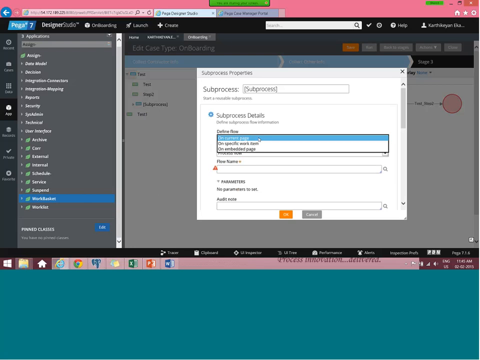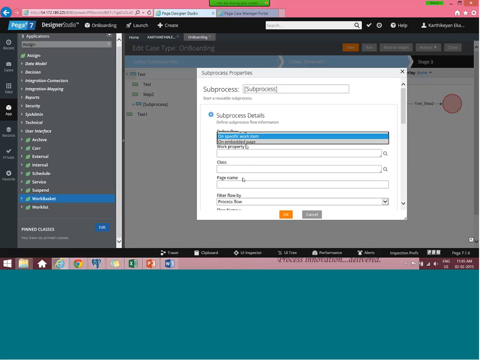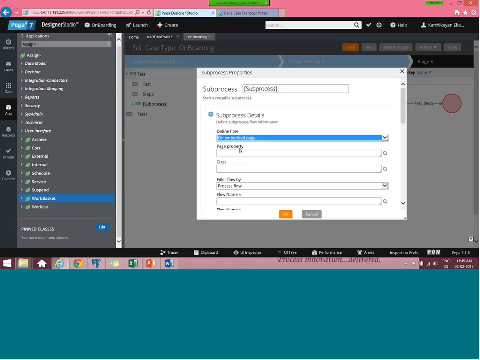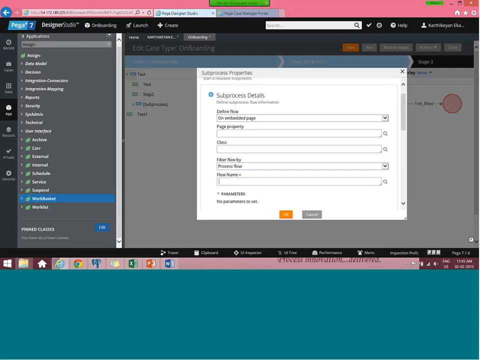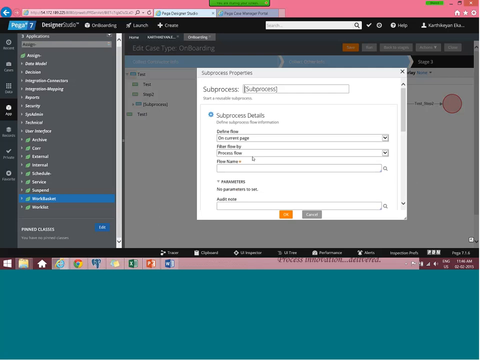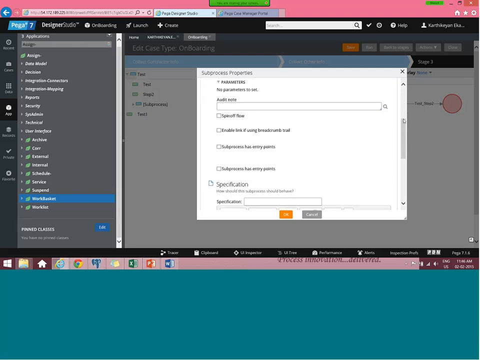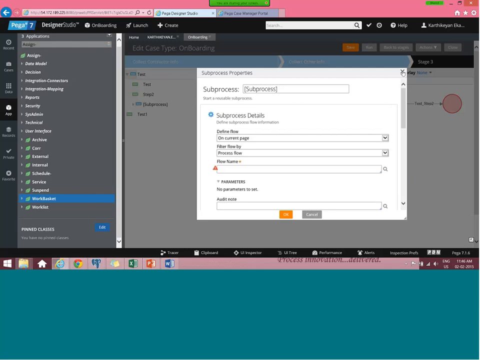On current page, on specific work item, you have to mention the work item property and class. Or if you are using an embedded page, you have to give the page property and the flow name. This is exactly calling your subflows.